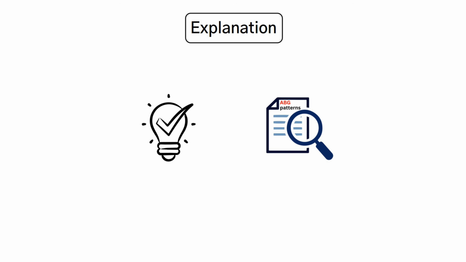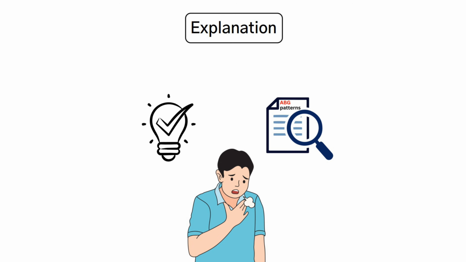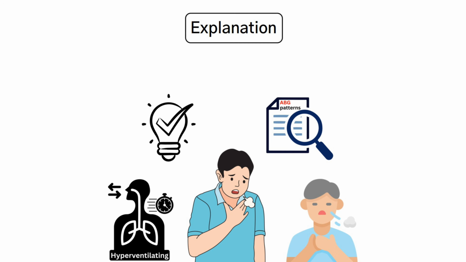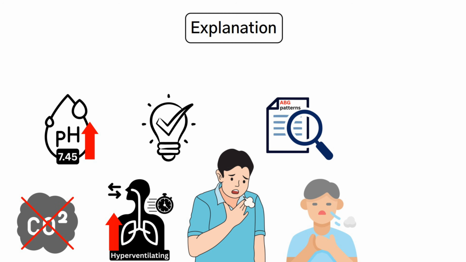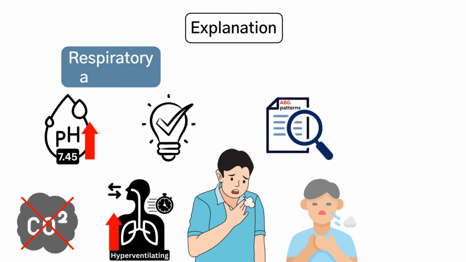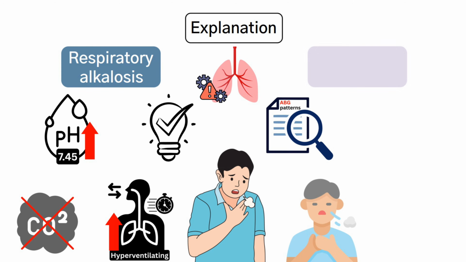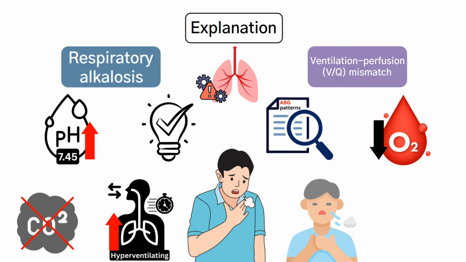Explanation. To determine the correct answer, we need to understand the expected ABG patterns in a patient with a mild asthma exacerbation. During an asthma attack, airway constriction makes exhalation difficult, but in mild cases, the patient can usually compensate by hyperventilating. This increased breathing rate causes excessive elimination of carbon dioxide, which raises the pH above 7.45 and produces respiratory alkalosis. At the same time, air trapping and ventilation perfusion mismatch often lead to mild hypoxemia, reflected by a